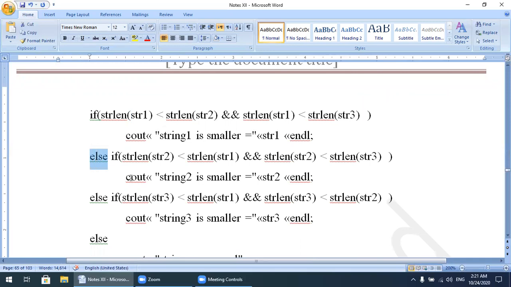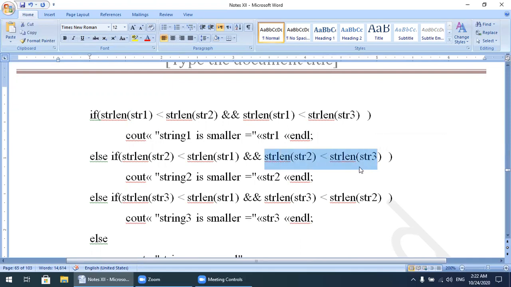Second, else if string length of str2, which has 3 characters: 3 is greater than 5, sorry, 3 is less than 5, this condition is true now. 3 is less than 5, and 3 is also less than 4, because string 3 has a length of 4 and string 2 has a length of 3 characters. So 3 is less than 4, this condition also becomes true.